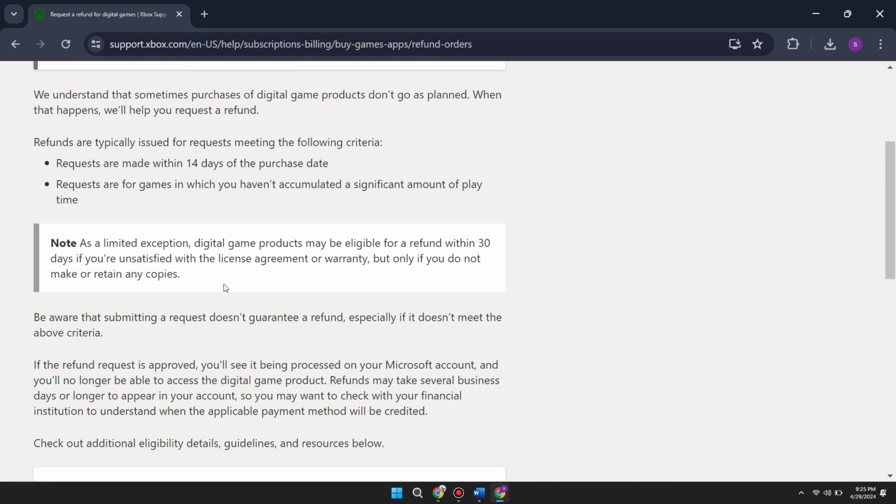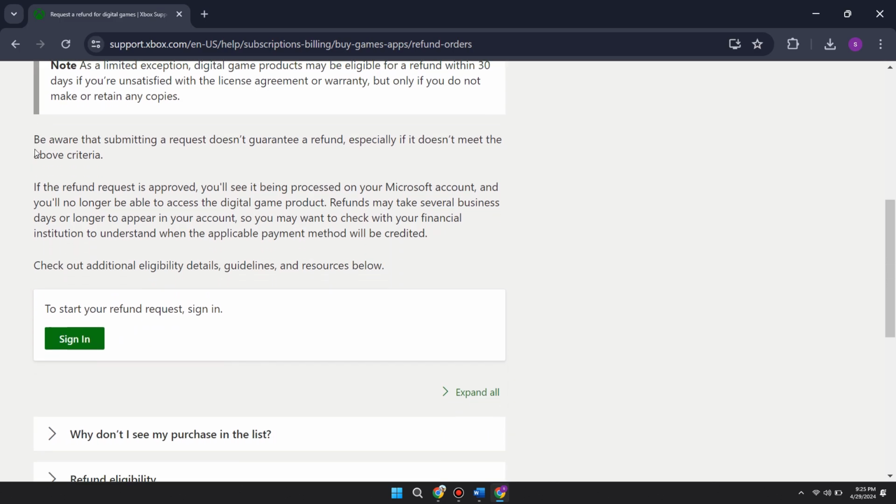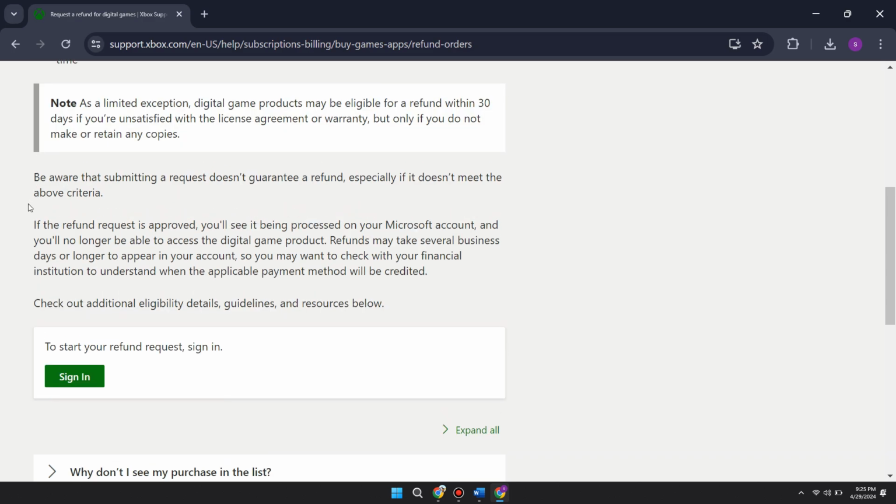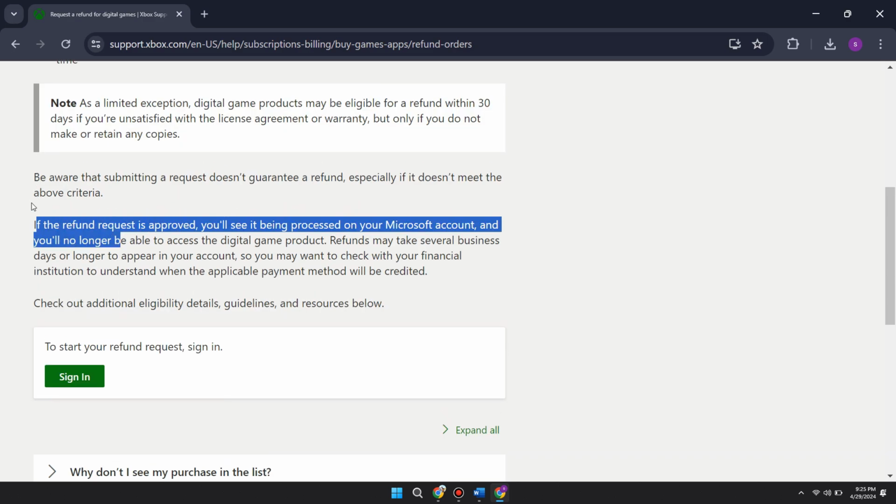And what we need to do is read through this here. So refunds are typically issued for requests which meet the following criteria. Requests are made within 14 days of the purchase date, and requests are for games in which you haven't accumulated a significant amount of playtime. And also, submitting a request doesn't guarantee a refund. And then there's a bit of information about if the request is approved, how you're going to get the refund,